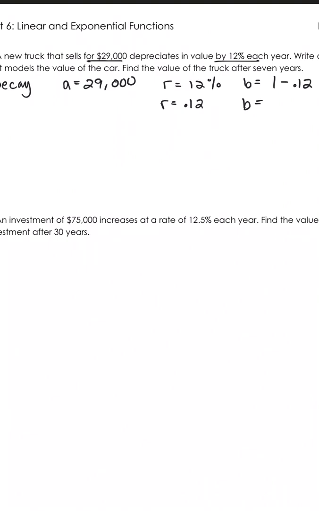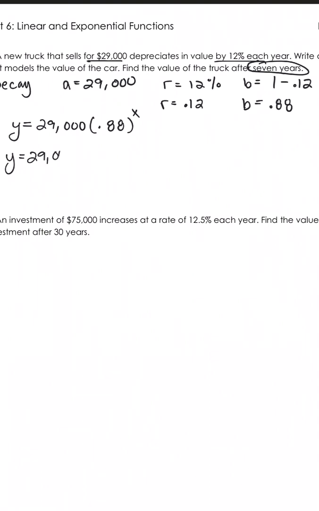So my B value is 0.88. So now when I put my equation together, I have y equals 29,000 times 0.88 to the x power. They're asking us to find the value after 7 years. So I'm going to take my equation, substitute a 7 where the x is, plug all of that into my calculator, and I get